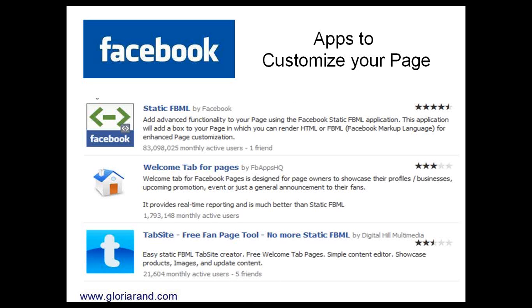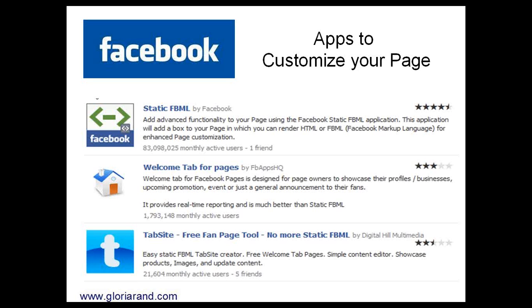So why do you want a customized page? Well, remember those slides I showed you earlier from Sears and Best Buy and Dairy Queen? Those are all custom pages. So what that does is essentially turn your Facebook page into an extension of your website. And you can create essentially as many custom tabs as you want.